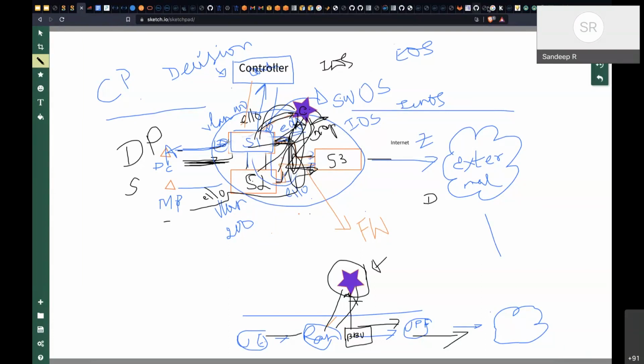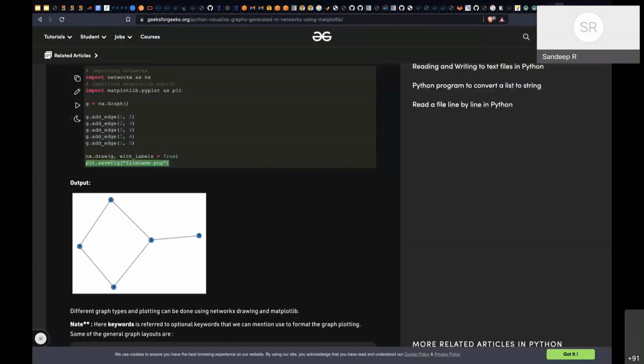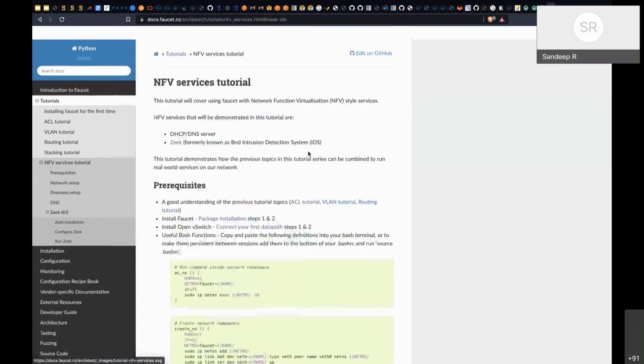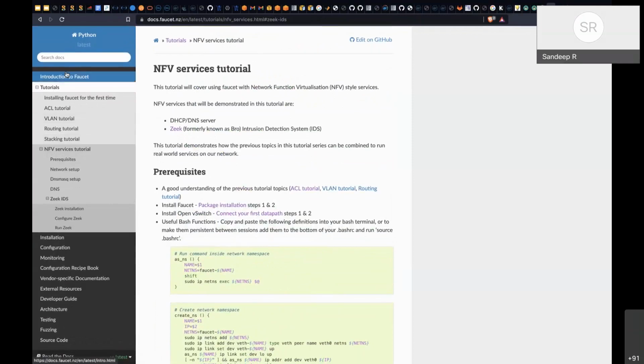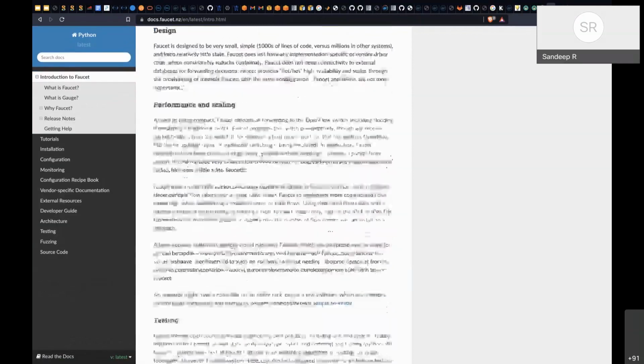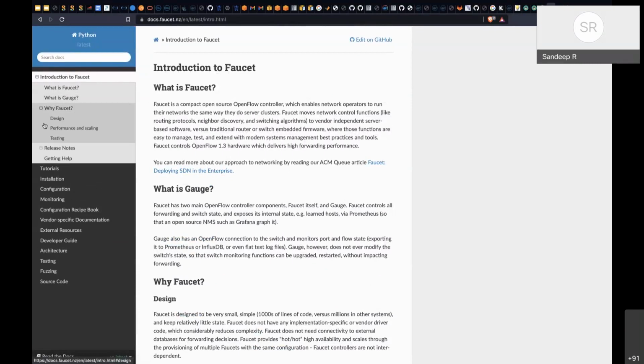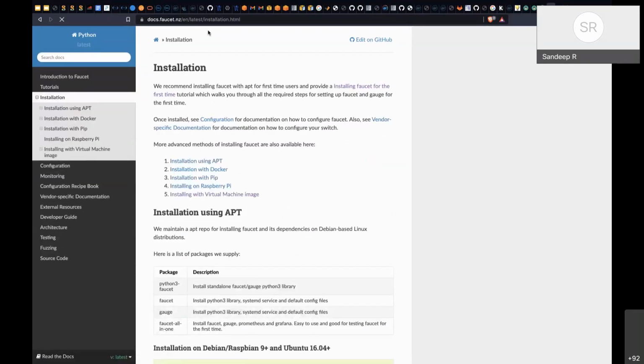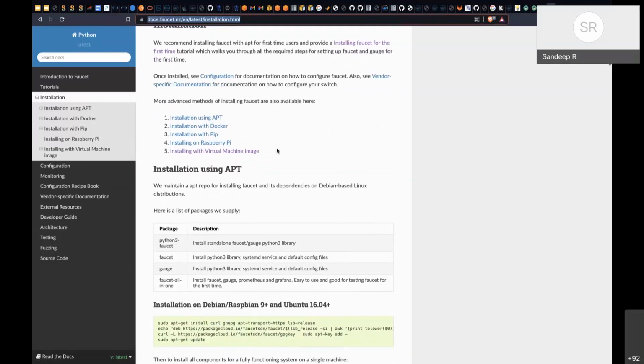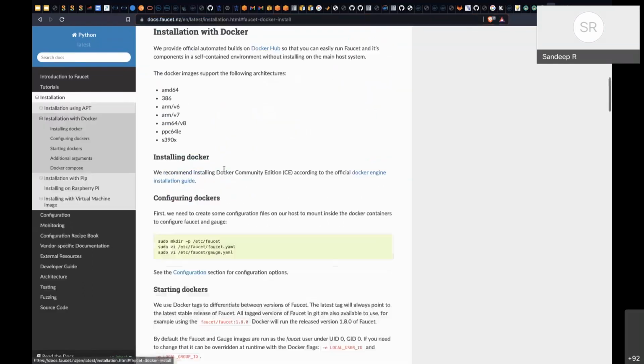So Faucet, of course, requires at least a day for you to carefully download various instructions and then do it. I could do it in like 2-3 hours yesterday, but it requires some practice. But once you understand a little bit of Grafana and how to bring it up, it's quite easy actually, pretty easy to look at. So I definitely encourage you to just install it on your Linux system and see. Okay, there is also a Docker version which may be good.